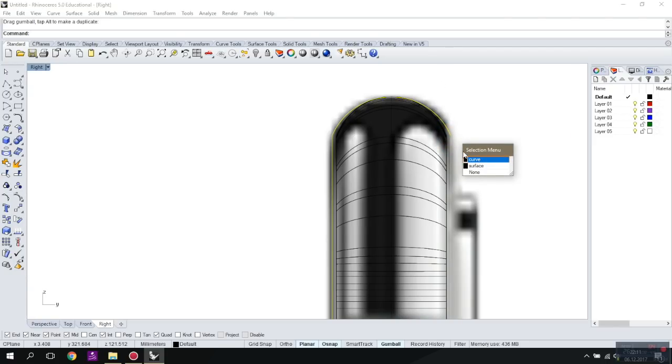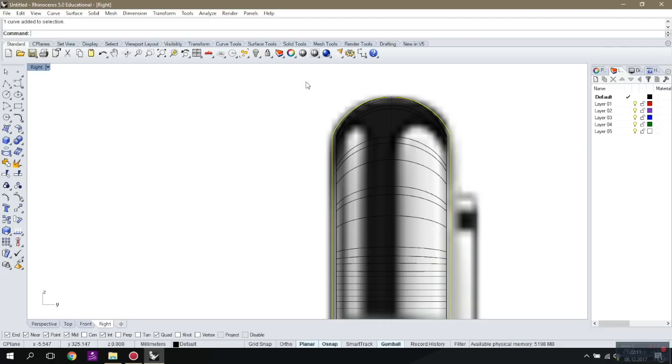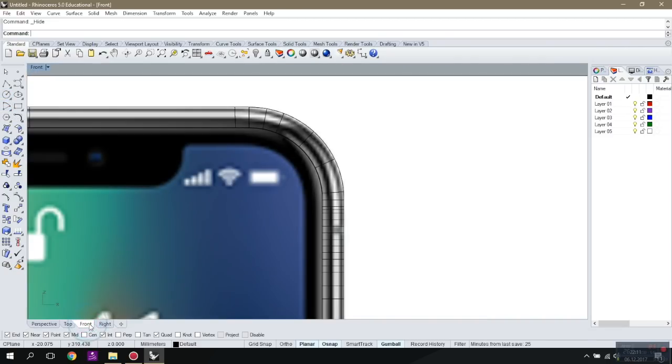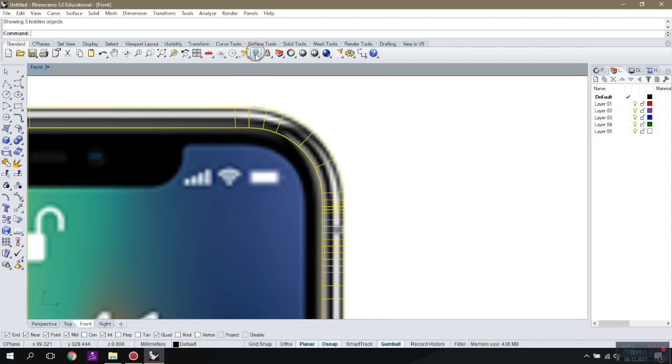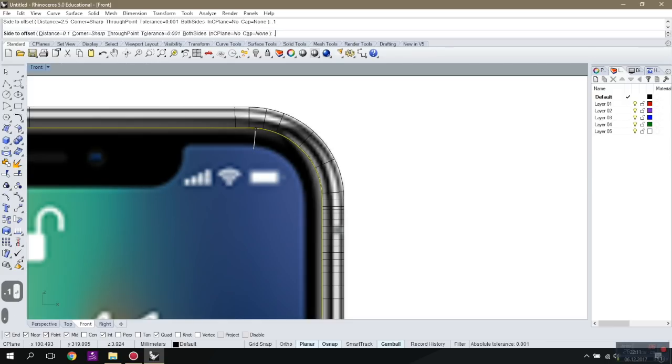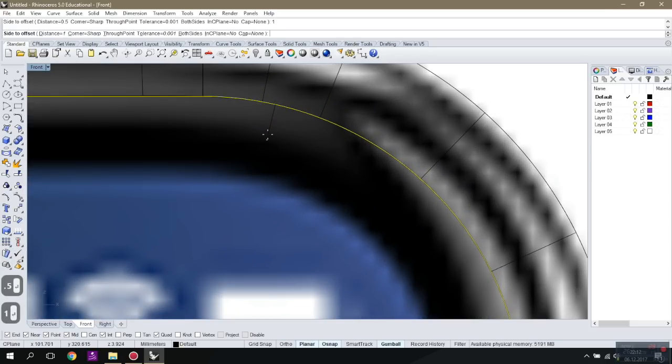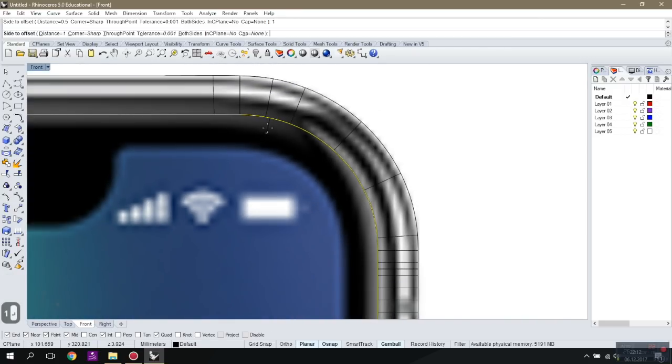I can actually keep that, maybe not. I'll try to make this glass here because it's actually also an offset of that curve. I'm going to offset that again. It's going to be 0.1, 0.5, 1 millimeter, maybe a little bit less, 0.8. Okay, and then I'm going to place that